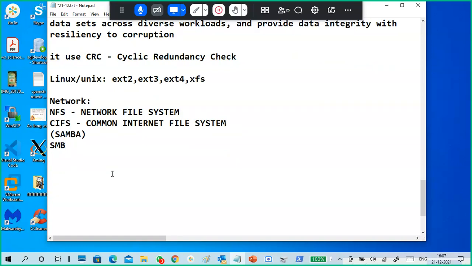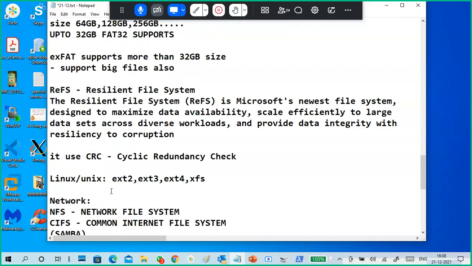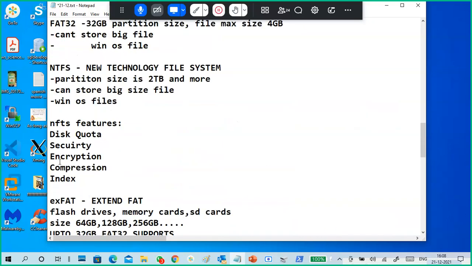Not only this, device-wise also there are file systems, like DVDs. It's UDF, Universal Disk Format. Whenever you use a DVD, it uses the UDF file system. Also HSFS and CDFS, the Compact Disk File System. I'm typing some file systems, you can see HSFS, CDFS, like that. So there are different types of file systems available in the market. That's the point.